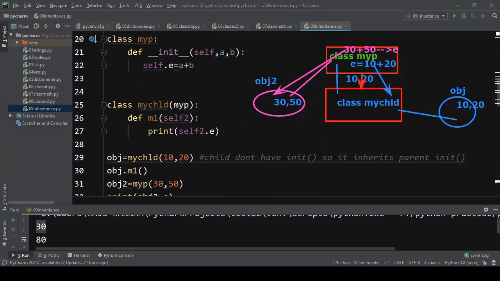Okay, now we have to wind up the session, and tomorrow we will continue this inheritance. After inheritance, we will see exception handling, because that is also an important topic. After exceptions we will see the date time library. Then we can work with modules: the date time module, the math module, and the MySQL module also.